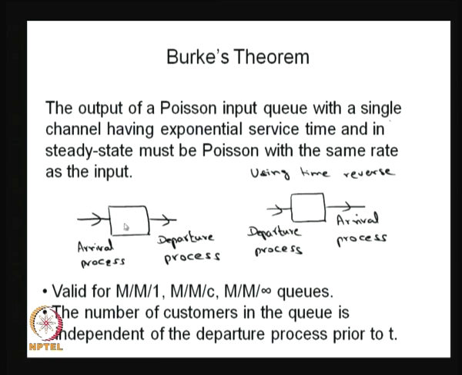So, whenever you have a system in which the arrival follows a Poisson process, the system has a single channel and the service time is exponentially distributed, in the long run the departure process is also going to be a Poisson process, and the rate will be the same as the arrival rate. This can be proved,